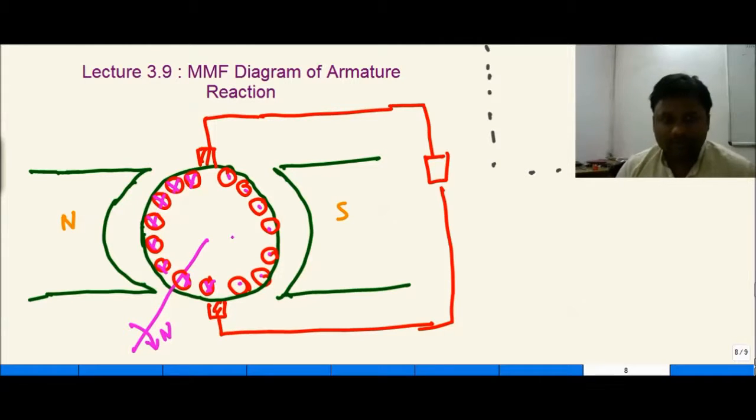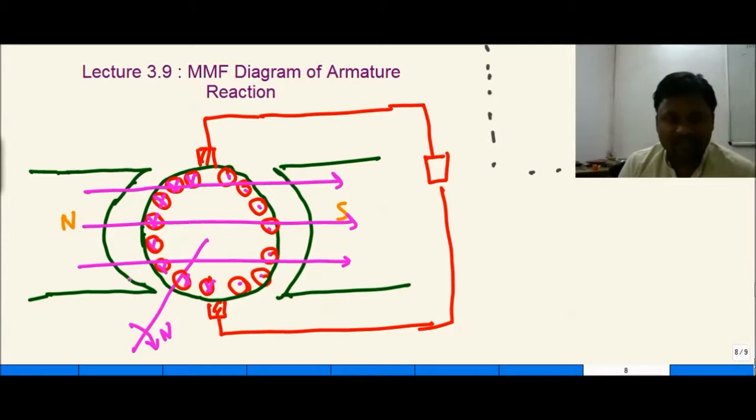What we have learned in the previous classes is that there are two kinds of flux in a DC machine. They are called the field flux and the armature flux, and the interaction of the field flux and the armature flux will generate the resultant flux. We have a field flux like this, moving from north to south. It has maximum flux covering this section, and at this point zero flux passes through the coil. We have another flux called the armature flux, phi A and phi F.